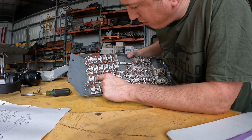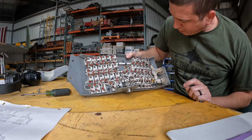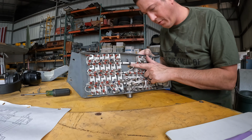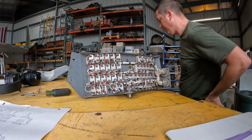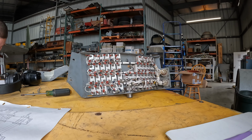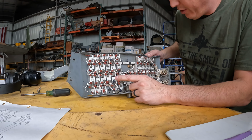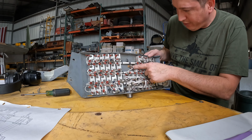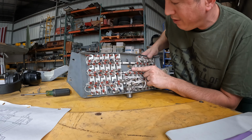Alright. I think we found it right there. What's our book say? 4CR343. That's it. Yep, so T.O. over there says, there's our diode right there. So,